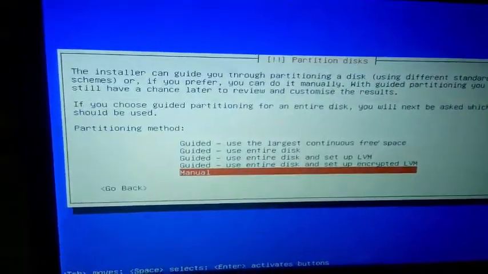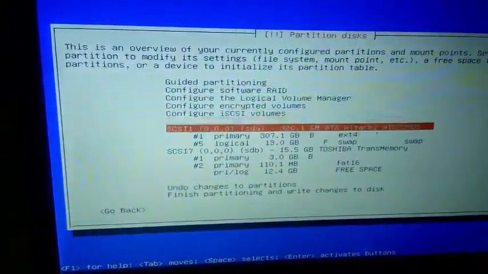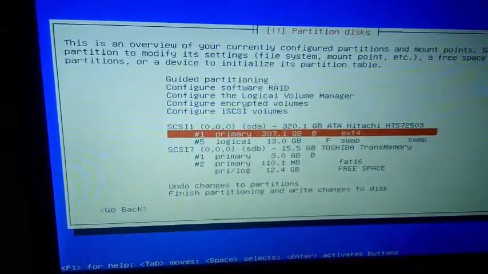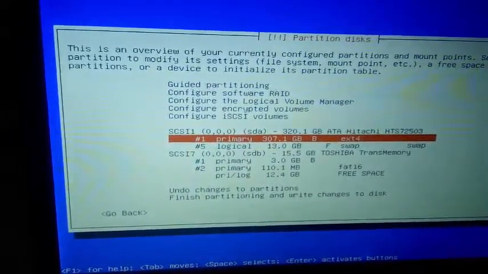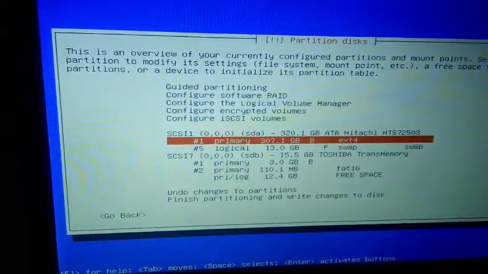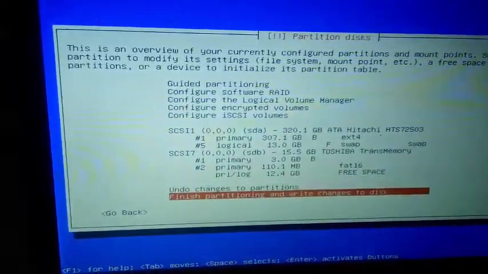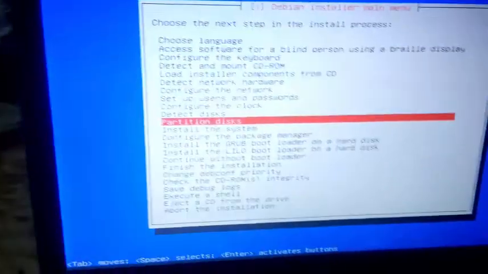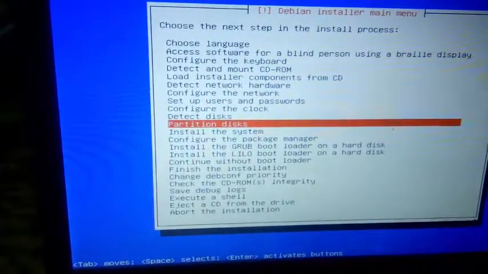Let me show you how the manual looks like. Okay, so you just go there, choose the type of hard disk that you want to partition, and do everything over there. Just read those tabs over there. So right now I'll go back, and I will click on detect disks again for it to detect for me,